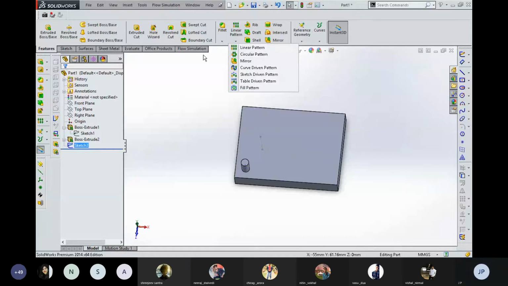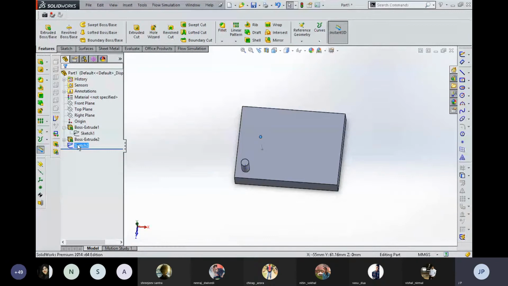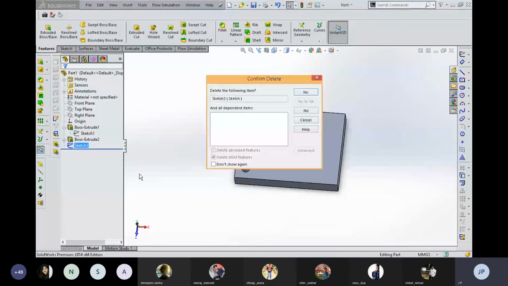Okay. So you can also do one more thing, that you can create a circular or solid component around the center of this part, and then you can create circular pattern of this component. So as per use, these things are to be modified. Okay.